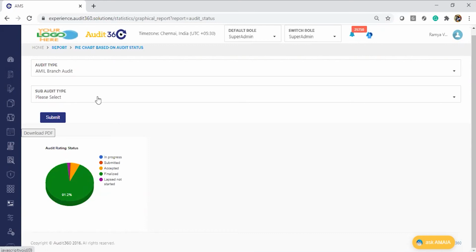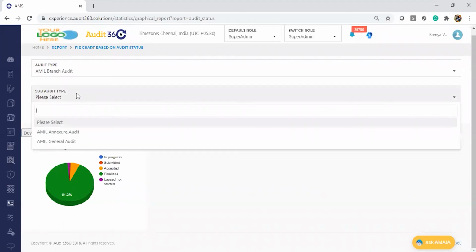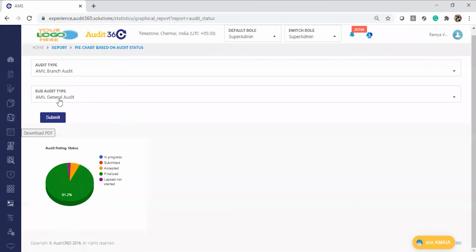If you want to see this only for a specific audit type, for example, in this audit type I have two sub-audits, which are annexure and a general audit. The general audit is the name of the sub-audit which we have created.